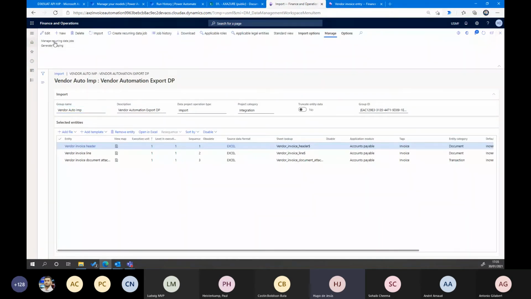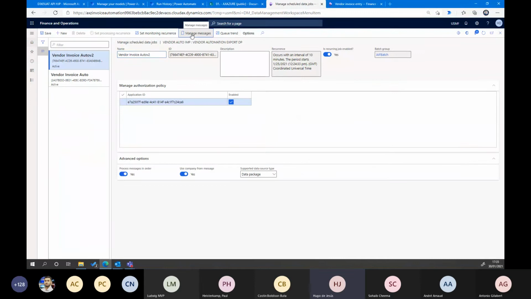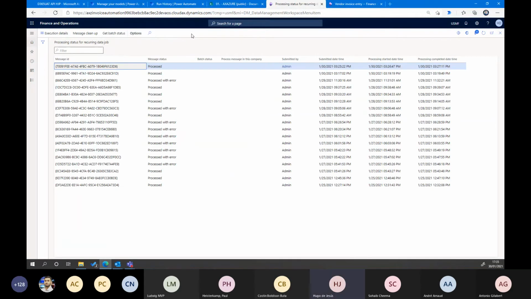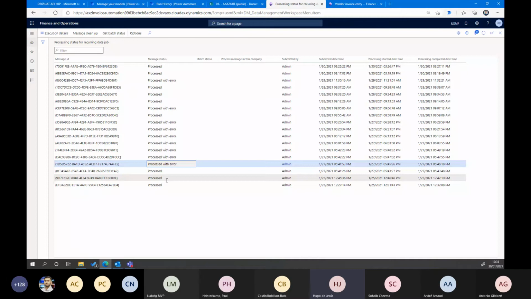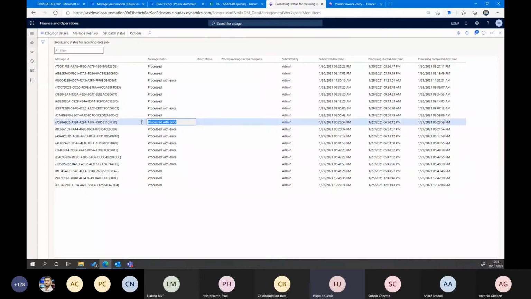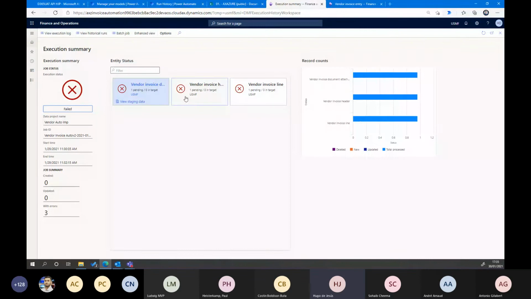Here we have the message, and the message has a state. Maybe it's processed, maybe it's processed with error. If the information has errors, we can see the errors in execution details, exactly the same as the DMF standard, the data migration framework standard.